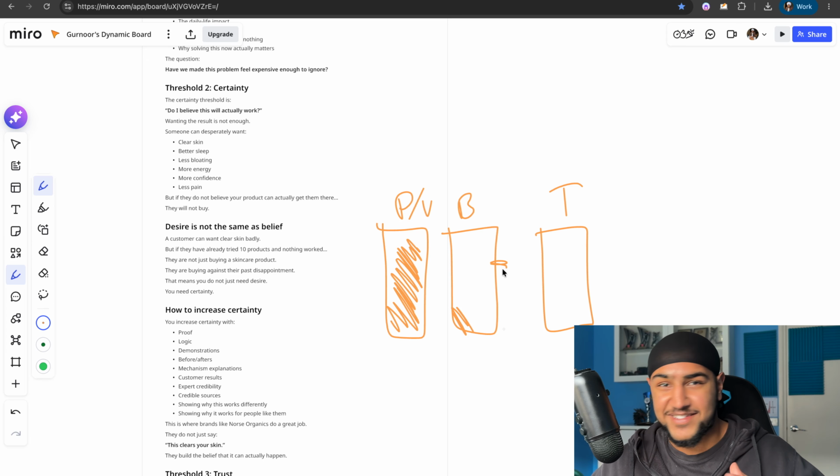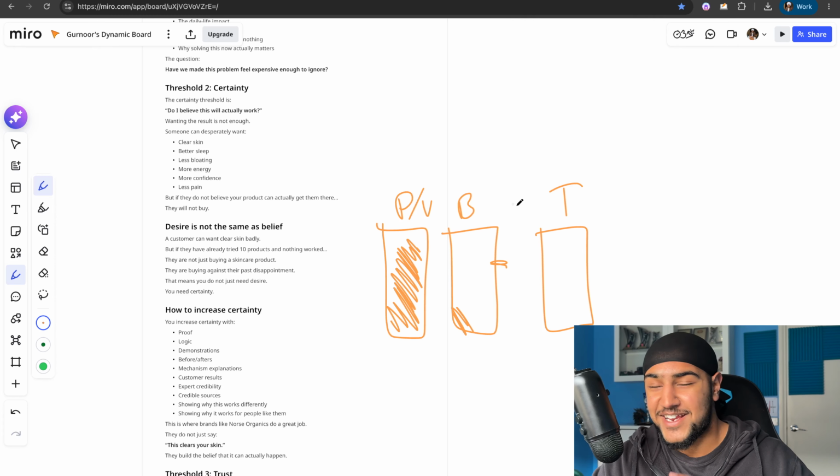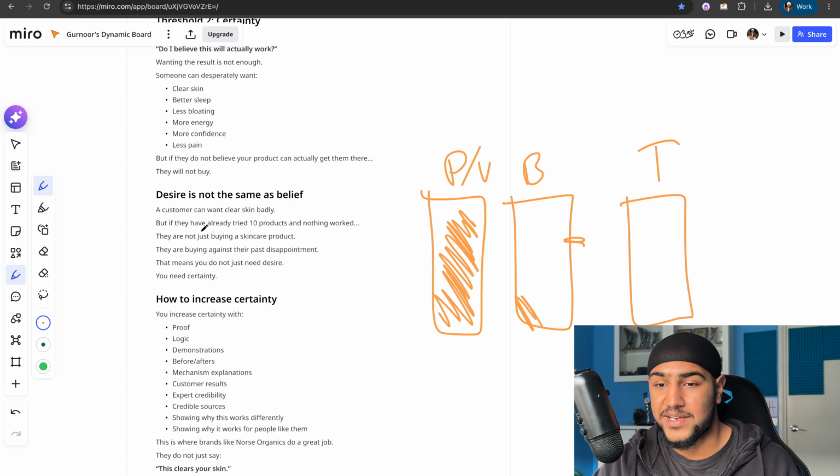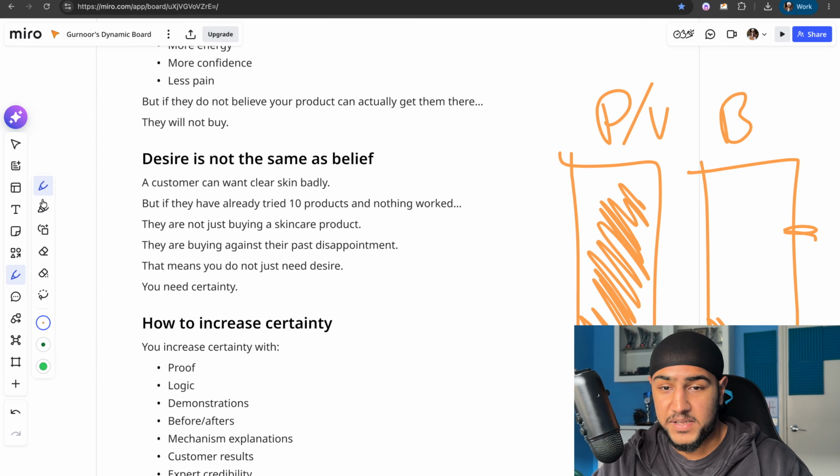This probably sounds like a lot of science fiction, but I hope this is making sense. When there's other people in the market also taking you to Mars, he will have to make his service quicker, make the experience better, essentially make it quicker, bigger, or better. He has to make a bigger, better claim, right? Then, when a lot of people are in the market and everyone's making bigger claims, people don't believe that anymore, you need a new, unique mechanism, right? Now I'm getting into stages of sophistication, which the video is not about, but I hope that makes sense. So desire is not the same as belief, like I just said.